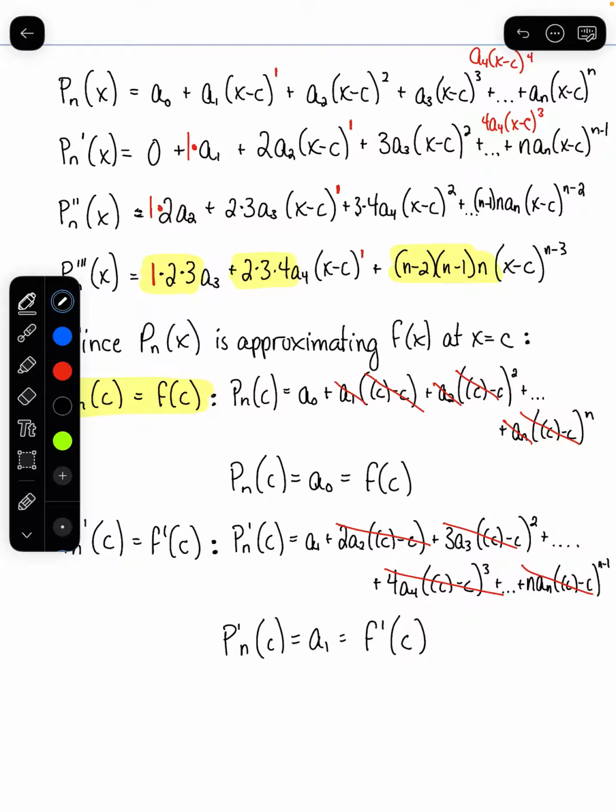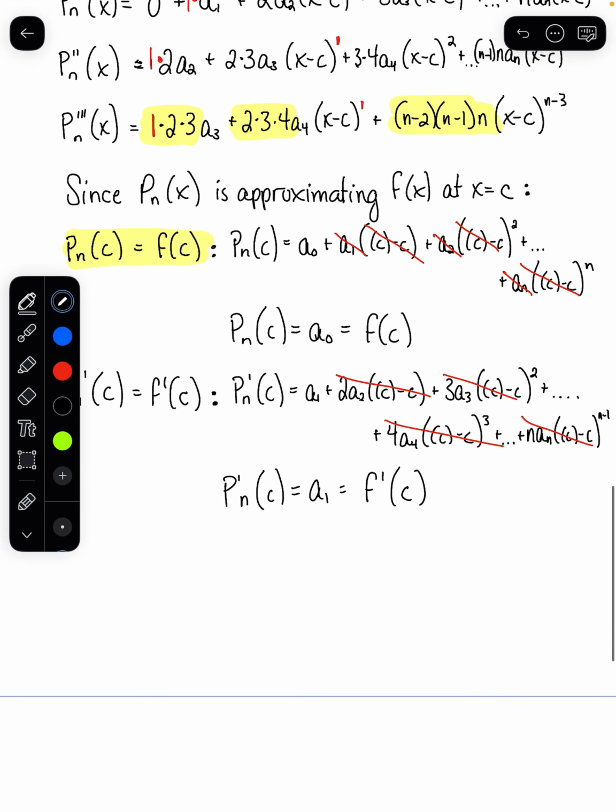Now, so far, it seems like, hey, isn't a sub n just equal to the nth derivative at c? And so far, we've been lucky because, again, these things don't have a factorial denominator because the powers we've been dealing with are small enough that they haven't actually contributed to it. So we're going to take one more step further here